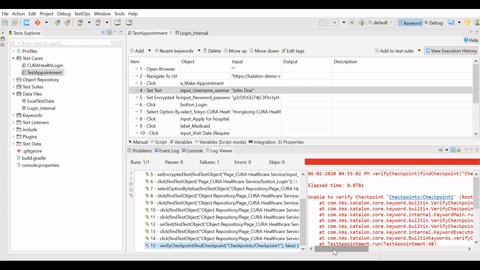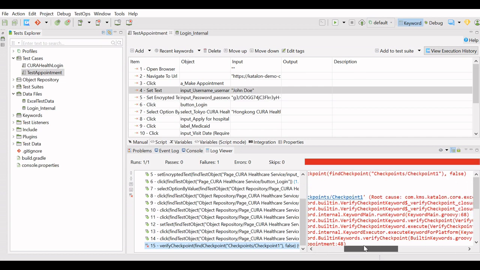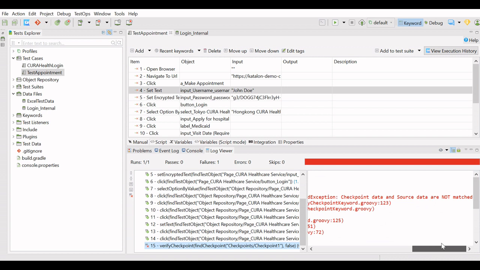Since the given expected result was not matching with the actual result, it failed. Checkpoint data and source data are not matched.